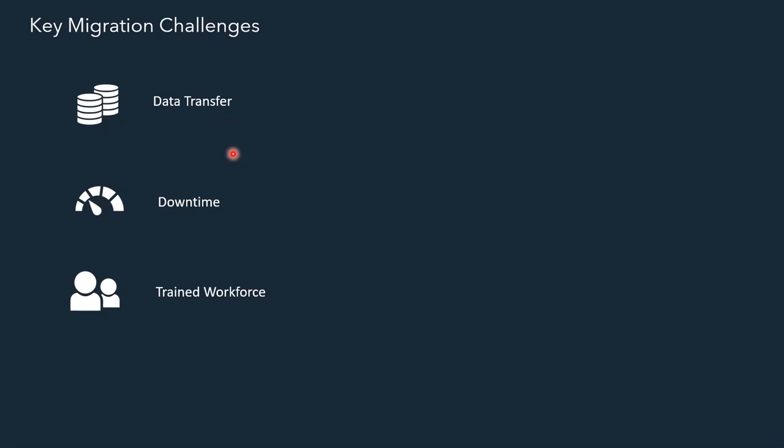So developing a clear strategy internally will help you lower the risk to both the systems and the teams associated with the migration. Coming to the skill gap or the trained workforce, when we migrate to cloud, normally in-house knowledge of the new cloud might be very minimal, and it is a key challenge. After we migrate, what do we do, how do we manage? So partnering with the right cloud partner or provider will help you in bridging this knowledge gap.